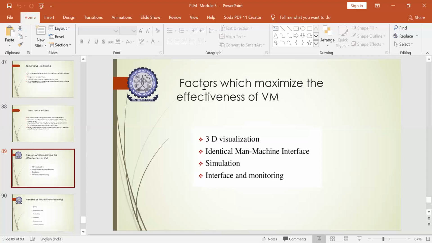There are some factors which maximize the effectiveness of our virtual manufacturing. These are the 3D visualization concept, an identical man-machine interface, that is, how well you interface between a man and a machine, the simulation part, and the interface and the monitoring phase. These are the factors one has to fine tune in order to get an enhancement in manufacturing and the virtual product.